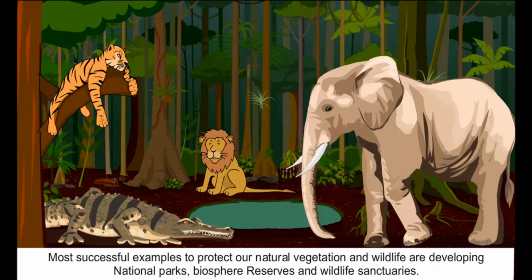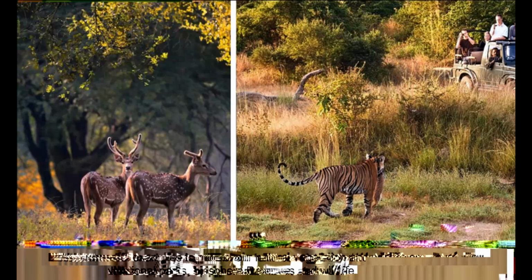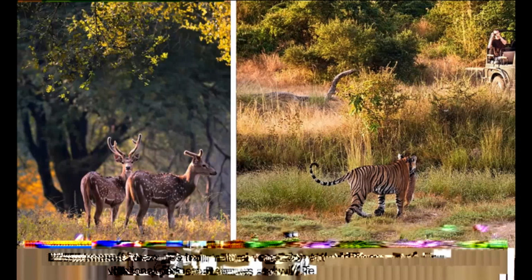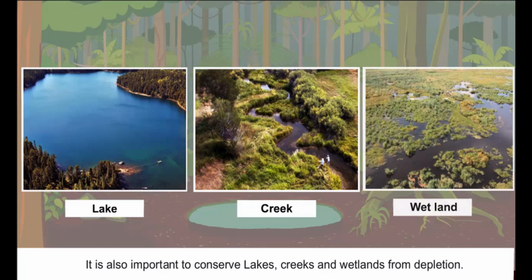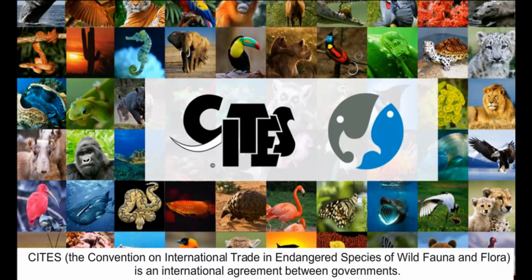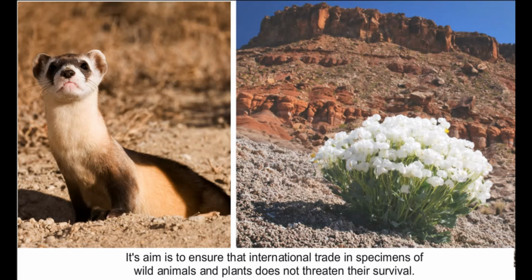Most successful examples to protect our natural vegetation and wildlife are developing national parks, biosphere reserves, and wildlife sanctuaries. It is also important to conserve lakes, creeks, and wetlands from depletion. CITES, the Convention on International Trade in Endangered Species of Wild Flora and Fauna, is an international agreement between governments. Its aim is to ensure that international trade in specimens of wild